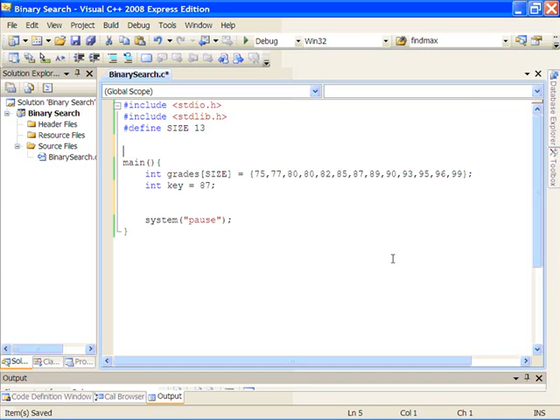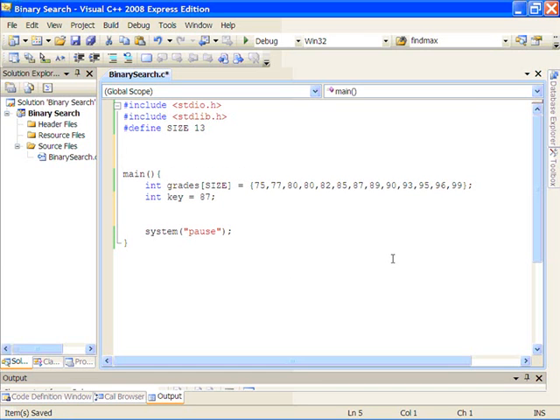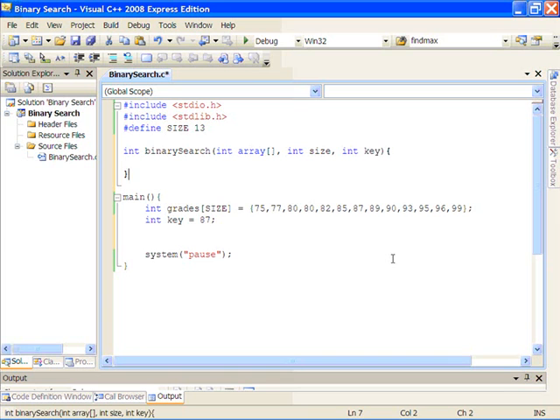So I'm going to put the binary search function up here. It's going to return an int, which is the location of the key. And let's call it binary search. And it's going to take an integer array, the size of the array, and the key value that we're looking for. So there's the function signature, and the function call,